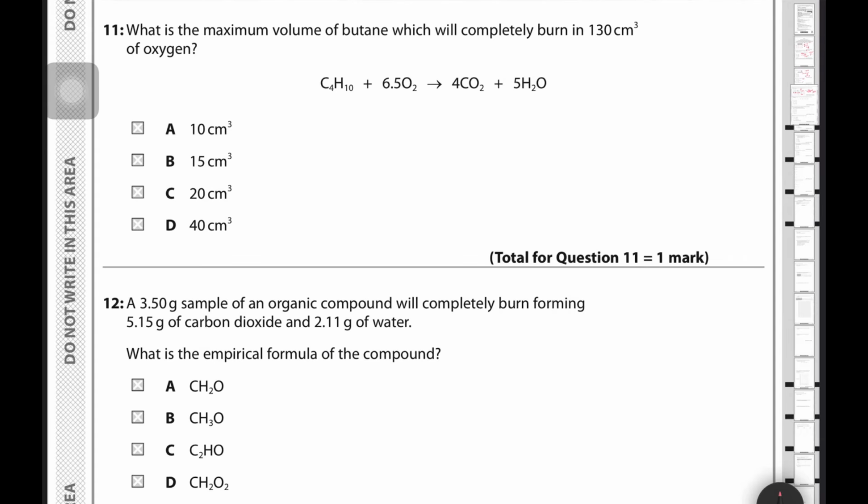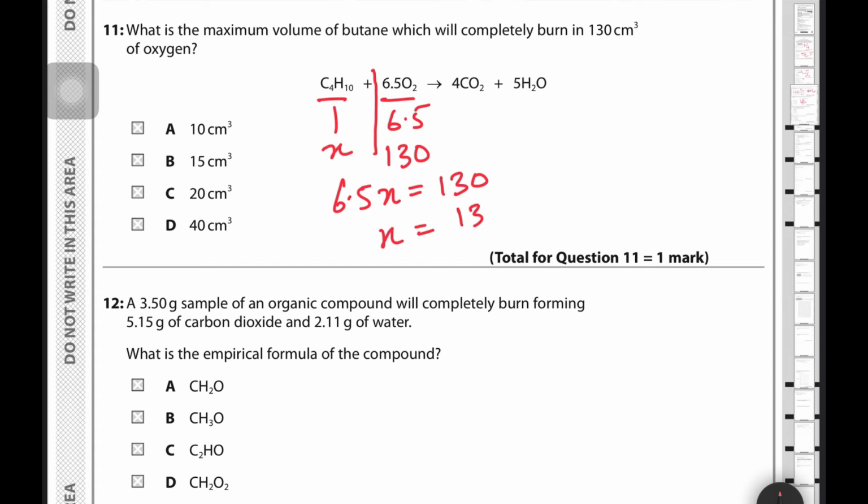So question number 11 is asking, what is the maximum volume of butane which will completely burn in 130 centimeter cube of oxygen? So we are comparing this and this. The ratio is 1:6.5, right? So maximum volume of butane is x in 130 centimeter cube. So 6.5x is equal to 130. x is equal to 130 by 6.5. You solve, you get 20 centimeter cube. Answer is